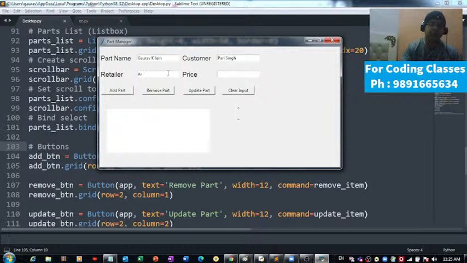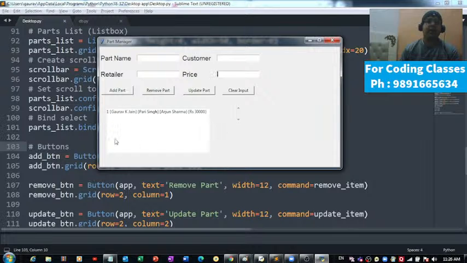Retailer, Arjun Sharma. Price, let's say the price is rupees 30,000. And now if I have to add this information to the database, I can hit this add part button, and automatically the information will get added and it will be fetched from the database and will be reflected here